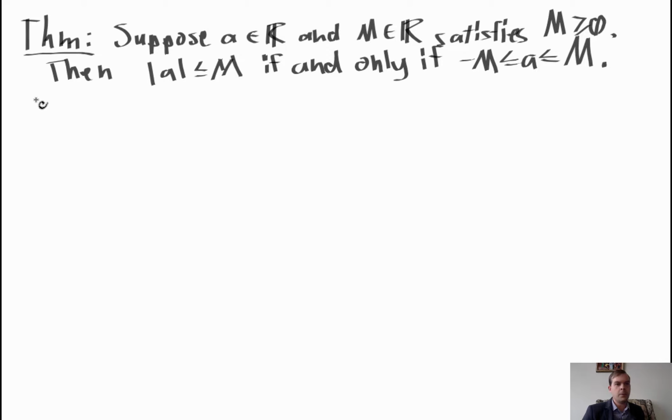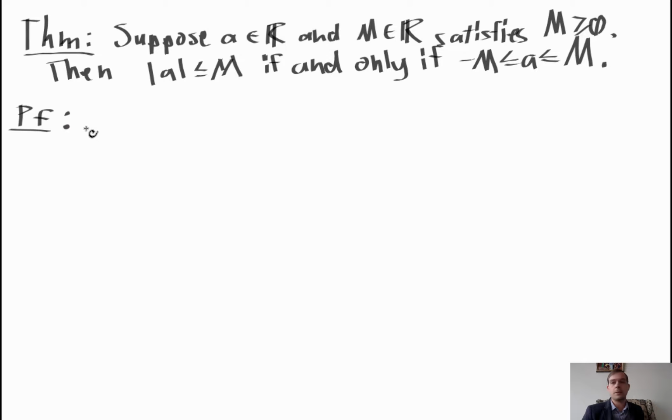The next result that we wanted to prove was a characterization of the absolute value being bounded by some real number. Suppose a is a real number and m is a real number that satisfies m greater than or equal to 0. Otherwise, this inequality doesn't make sense. Then the absolute value of a is less than or equal to m if and only if minus m is less than or equal to a is less than or equal to m. Whenever you see an if and only if statement, you have to prove two directions. So the proof